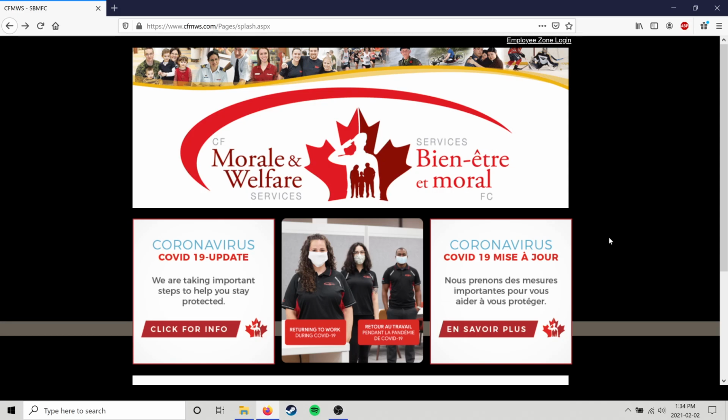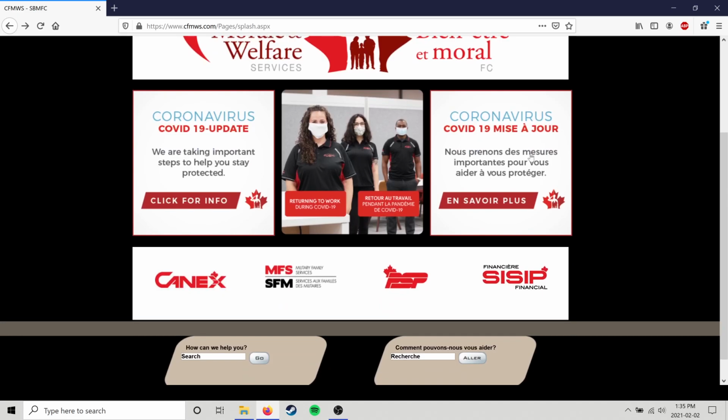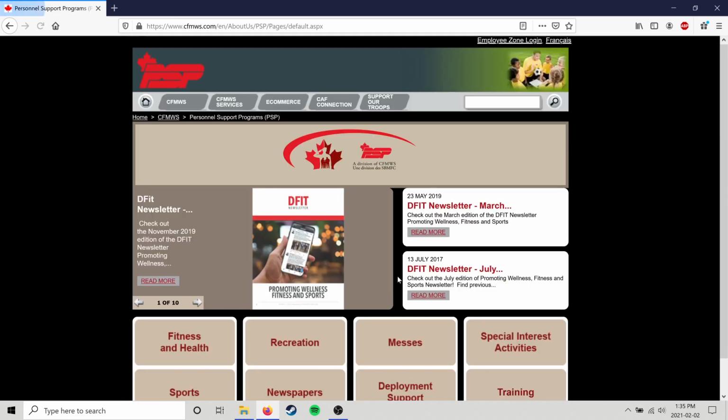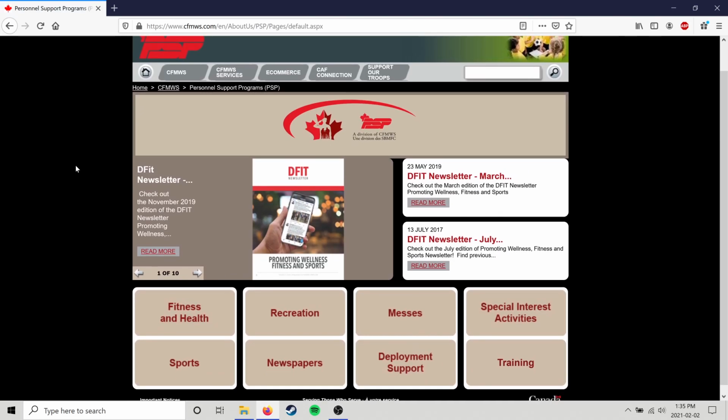So first and foremost, you're going to bring up your internet browser and type in www.cfmws.com, and it is going to take you to this homepage here. You're going to scroll down to the bottom and click on the PSP icon, which will take you to a new home screen. You're then going to click on the first icon in the bottom left corner labeled Fitness and Health,